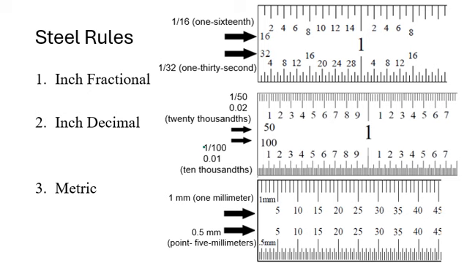Okay, so we have 3 different steel rules. We have inch in terms of fractions, so we call it inch fractional, and the next one is inch in terms of decimal, where we give the values, and the last one is the metric. So for inch fractional,